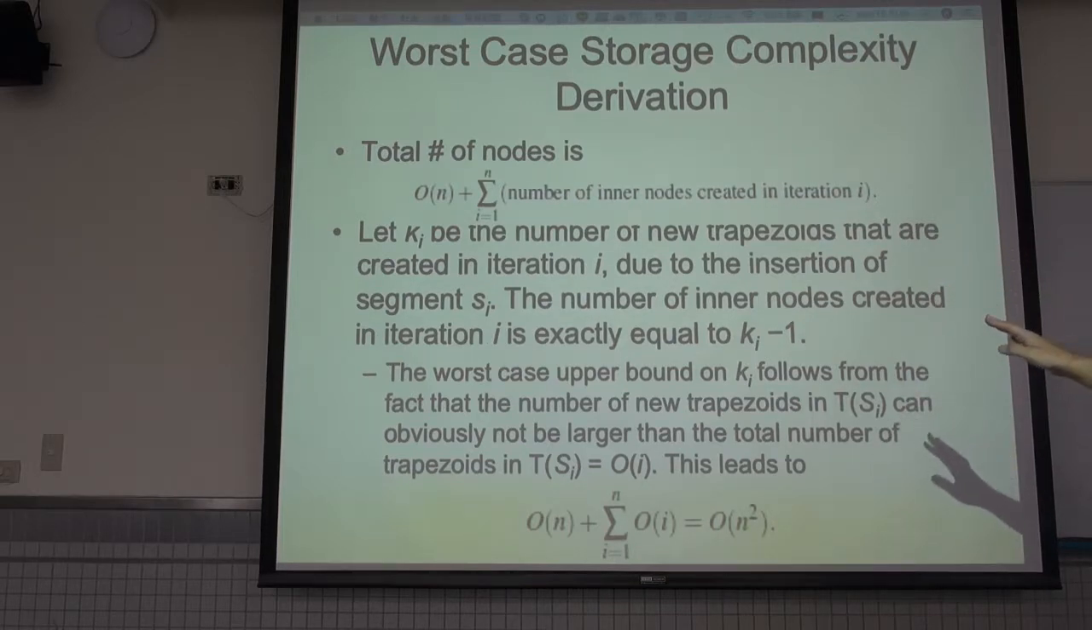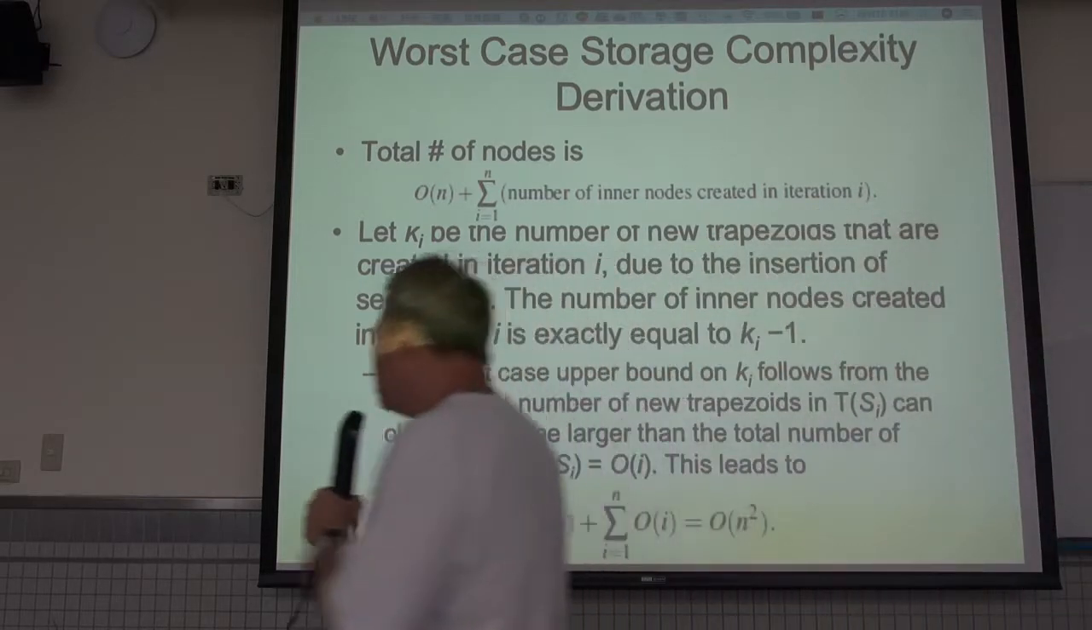Okay? So the leaf nodes plus inner nodes will be the whole graph, right? The whole tree-like graph. Okay? So